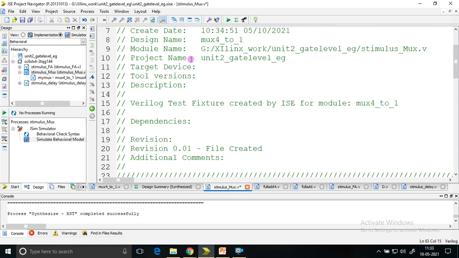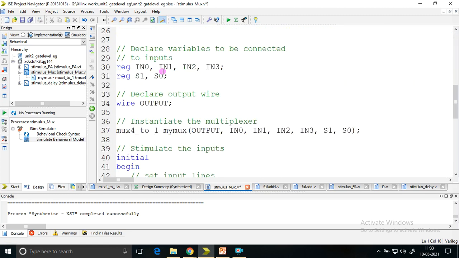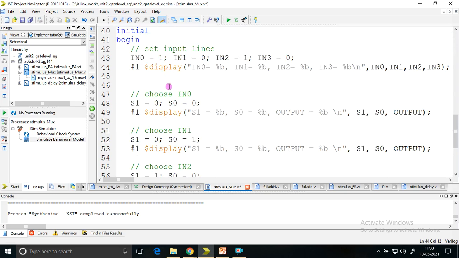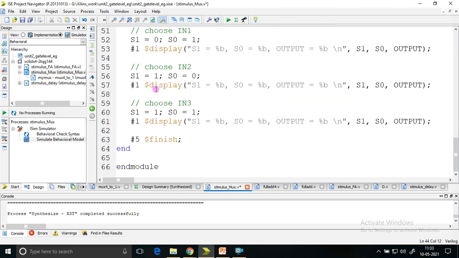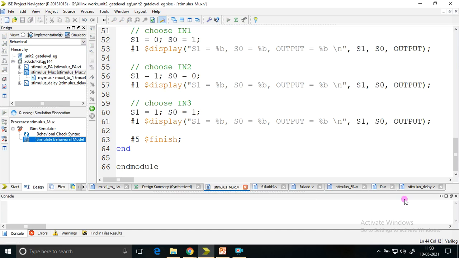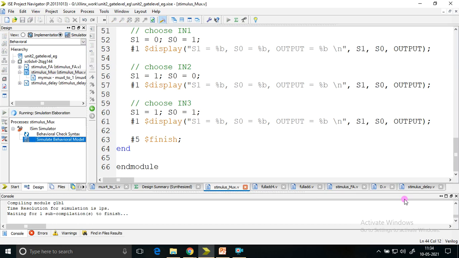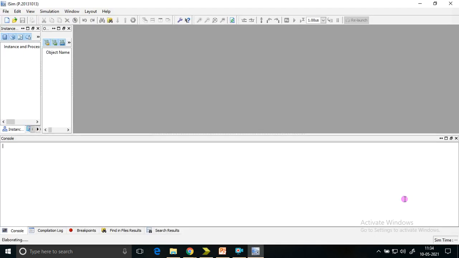Meanwhile, I just said that the time unit, this compiler directive, is pink color, whereas this system task is orange color. Okay, just correct it. So save it, keep it in the simulator, highlight the stimulus underscore mux, double click on simulate behavioral model, so you will have the output. iSIM simulator gets opened. There you can see the console as well as the output waveforms. So it's been successful. We shall wait.